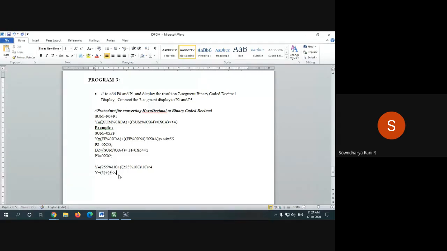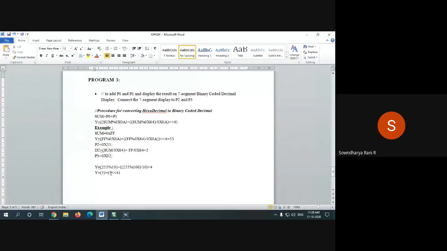And you have to left shift it by 4. So you understand this, right? 255 modulo 100 will be 55, and 55 divided by 10, the quotient will be 5, right? And you are going to left shift it 4 times.